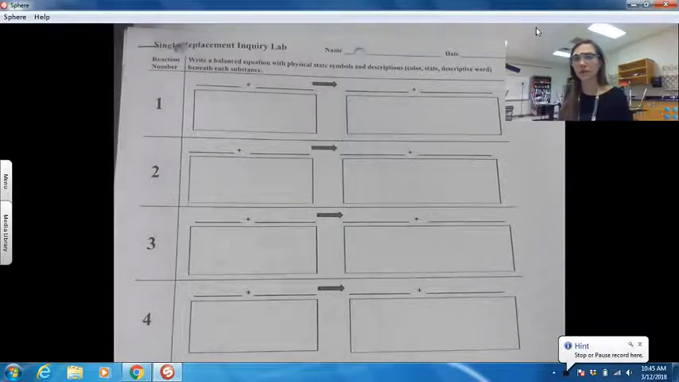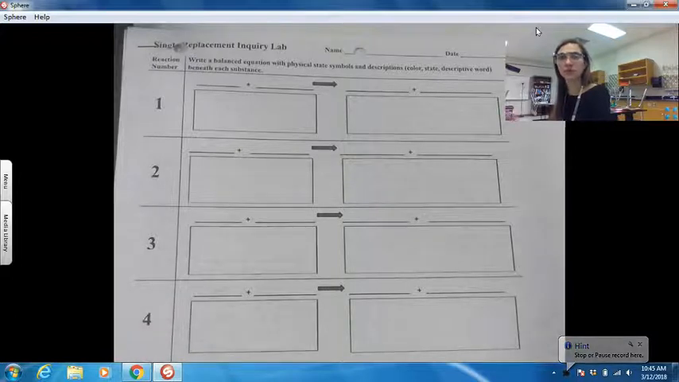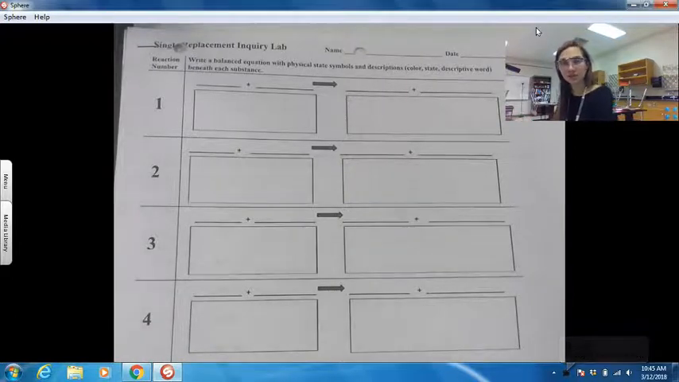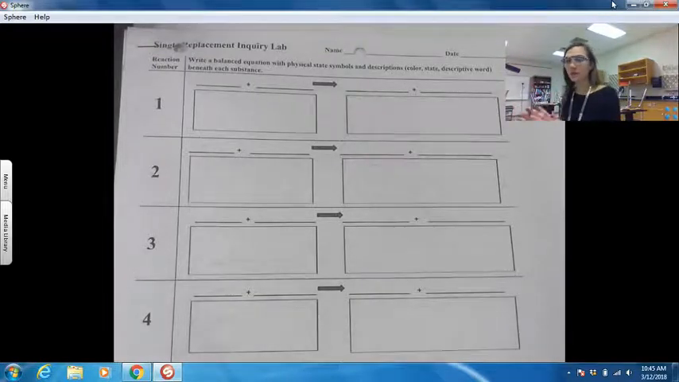Today we are doing a single replacement lab, and through this lab we should be able to start figuring out why some single replacement reactions work and why others do not. And this all has to do with the placement of the cations on something called our activity series. So we'll worry about the activity series in just a little while, but today we want to do 4 different